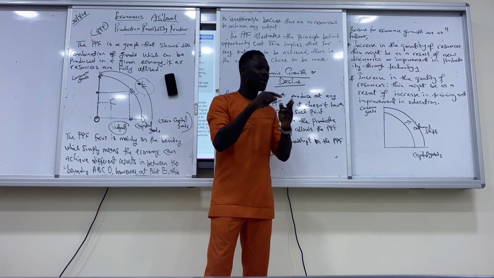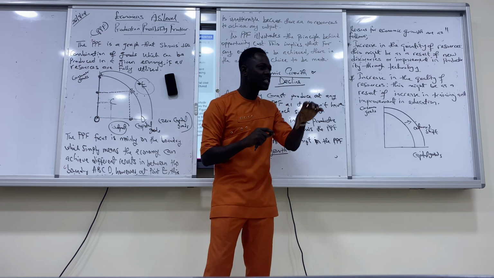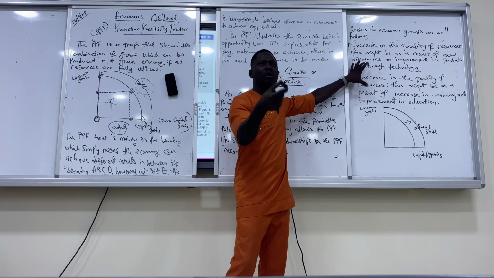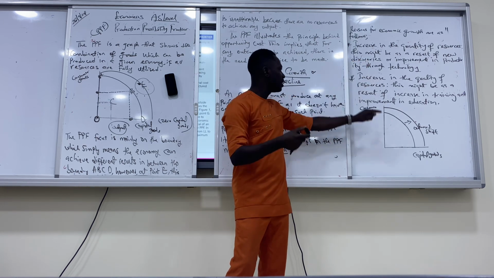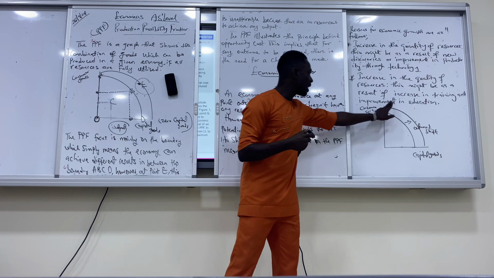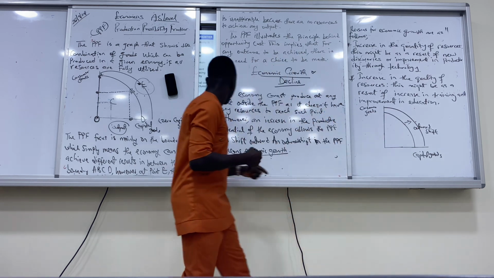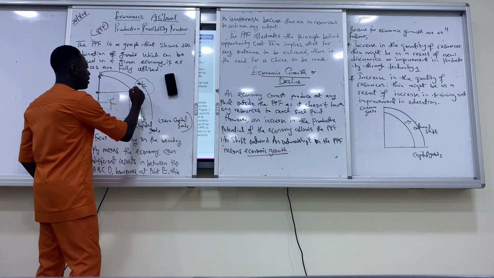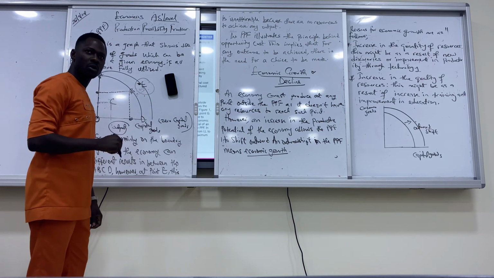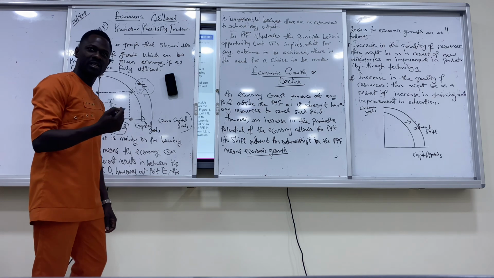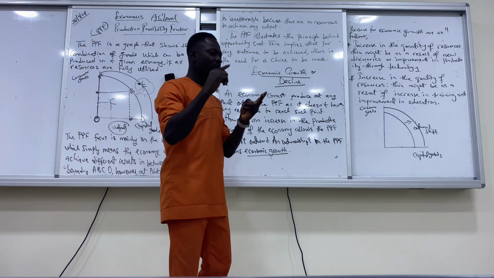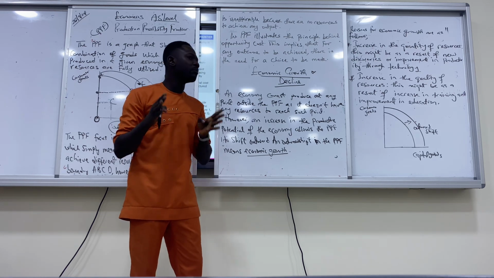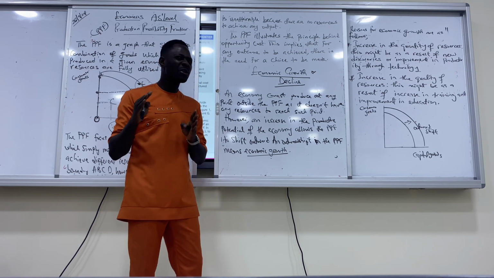So the two reasons why we can have an increase in the quantity of resources are technology or new discovery. And if these two things happen, the PPF will shift outward, which means we can now attain this point. So an outward shift here means economic growth. So that is the point I'm making. Do we understand? So for an economy to grow, both the quantity and the quality of resources must increase or improve. Do you understand what economic growth is here?